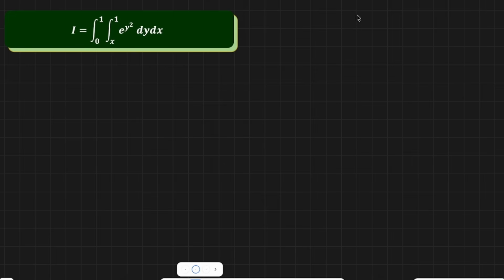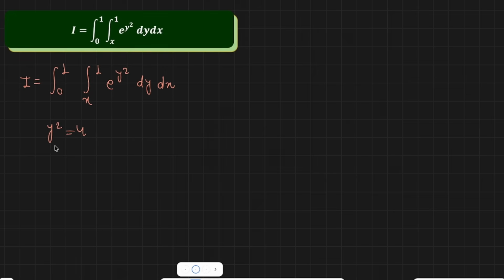So let's say I have this e to the power of y square. I = integral from 0 to 1, and x to 1, e to the power y square dy dx. It is saying that you find the integral of e to the power y square. But when you solve this, you have to take it like this: